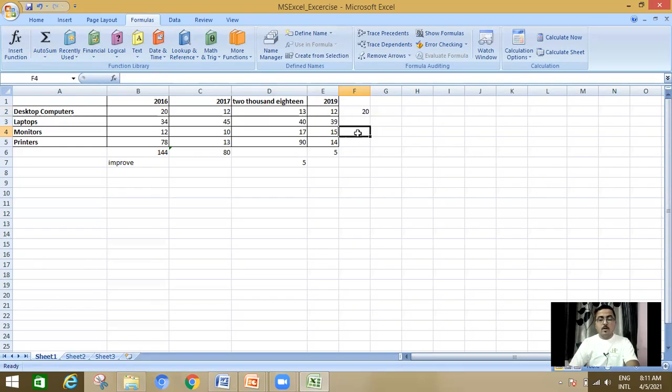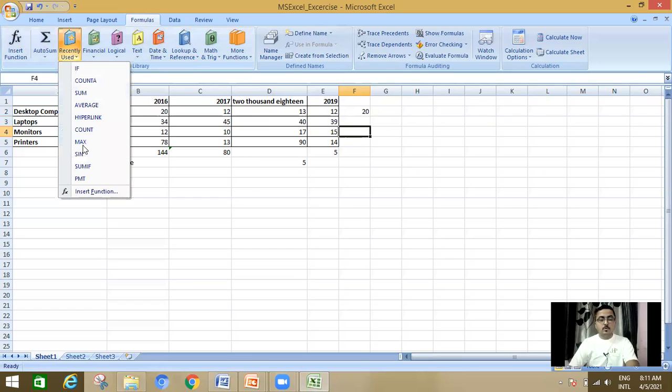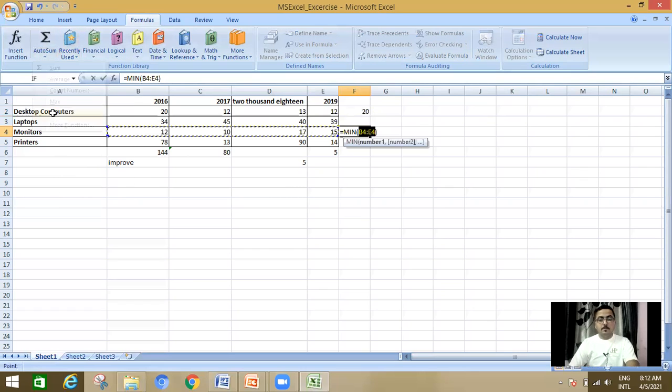And if I want to find the minimum, go to AutoSum, click on MIN and then press enter. Here you can see among 12, 10, 17 and 15, the minimum value, 10, is already calculated.